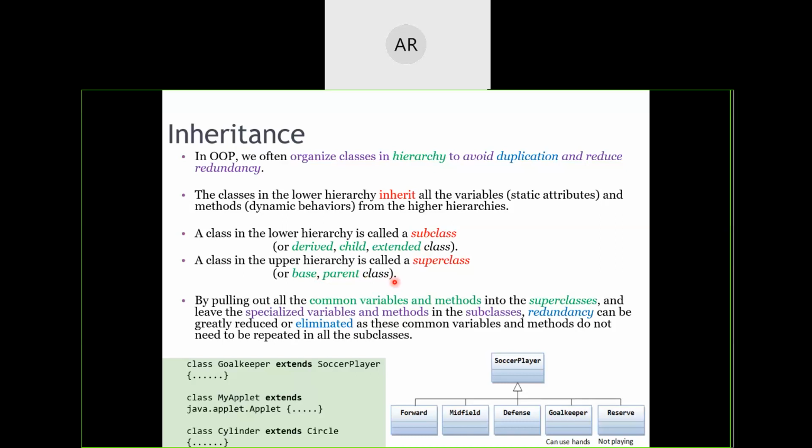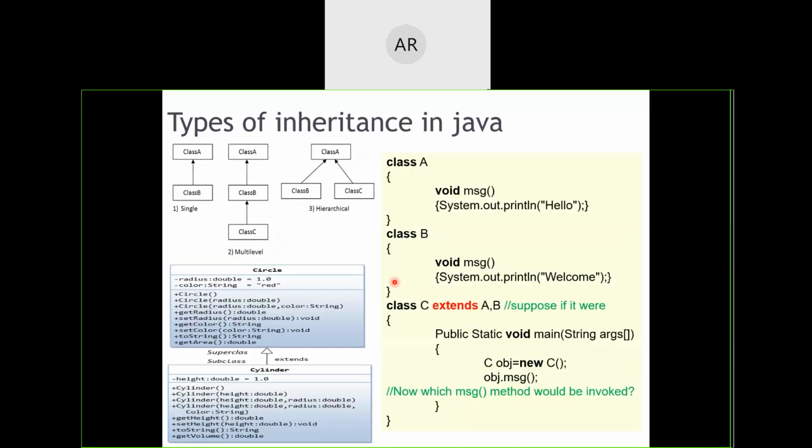Okay. So I kept one example over here depicting what different types of inheritances are supported in Java. Can anyone remind me how many different types of inheritances were supported in C++? In case of our C++, how many different types of inheritances were supported? 6, sir. 6. Can you list it out?